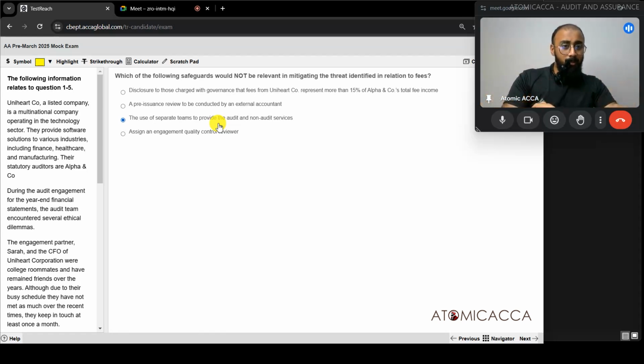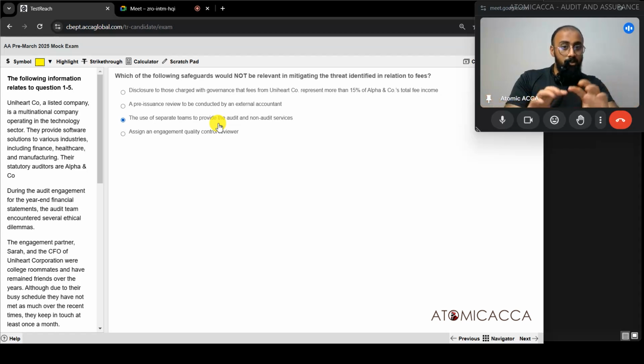But here the problem is about fees and your inclination towards that client company, because when more fees are there, you will tend to be obliged to them. You will have that kind of sense of belongingness to them. Splitting teams will not solve that. It will not be solved regardless of who is doing the work, because still in the end money is coming to the audit company itself. In that case, C will not be an answer over here.